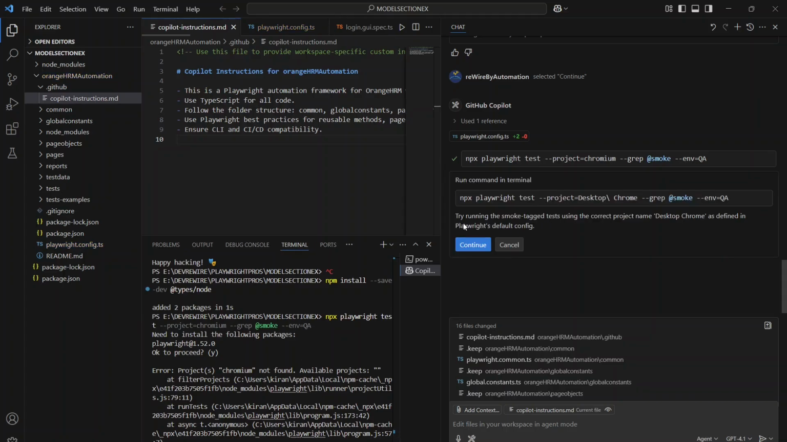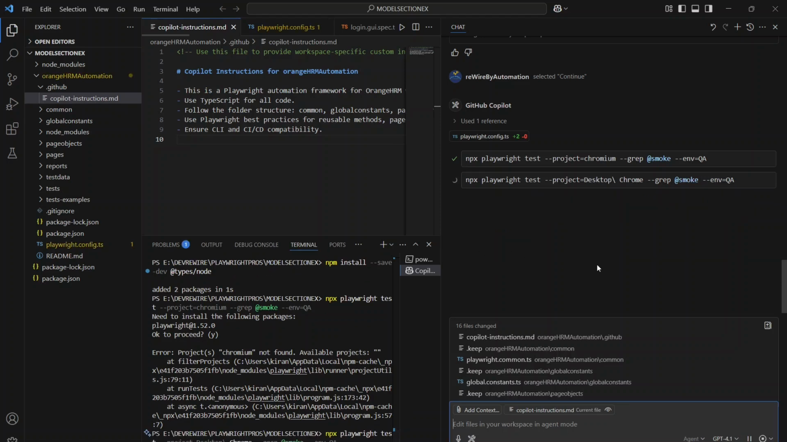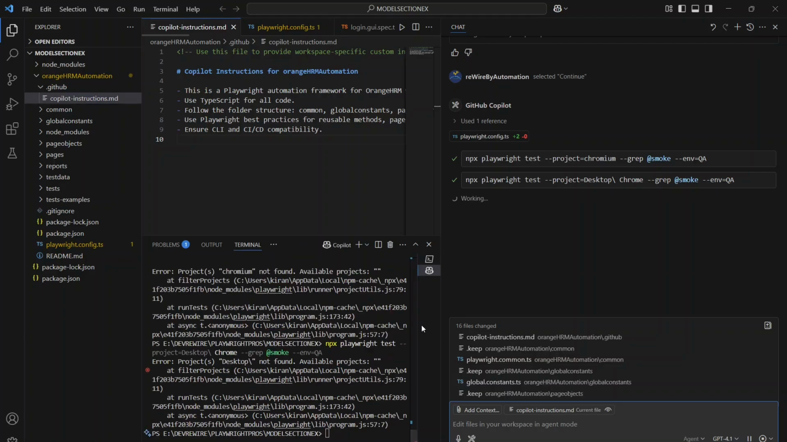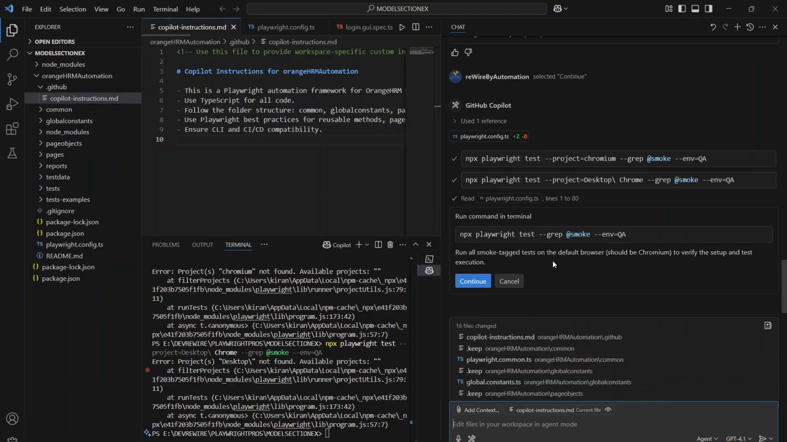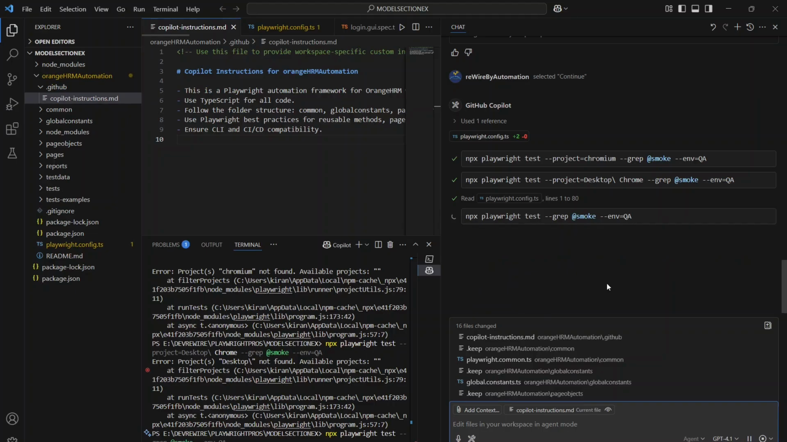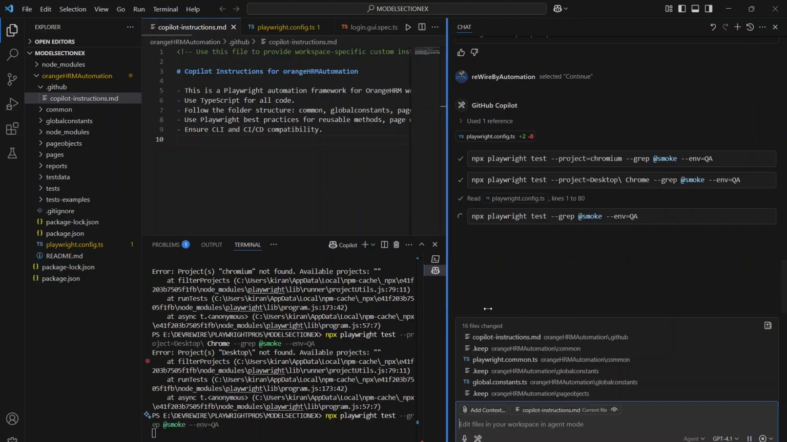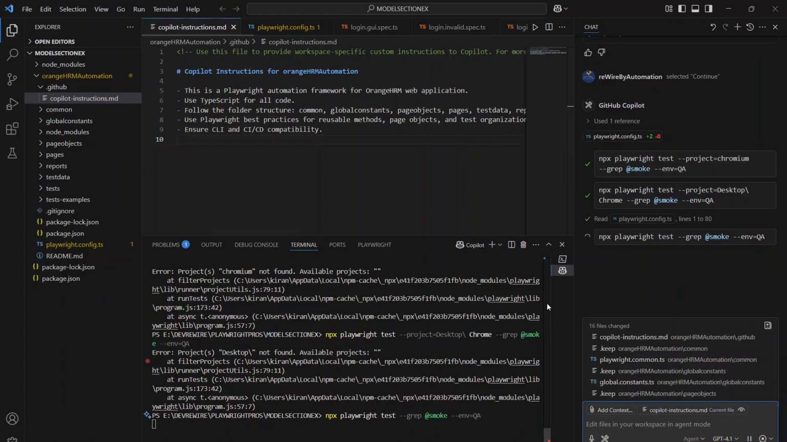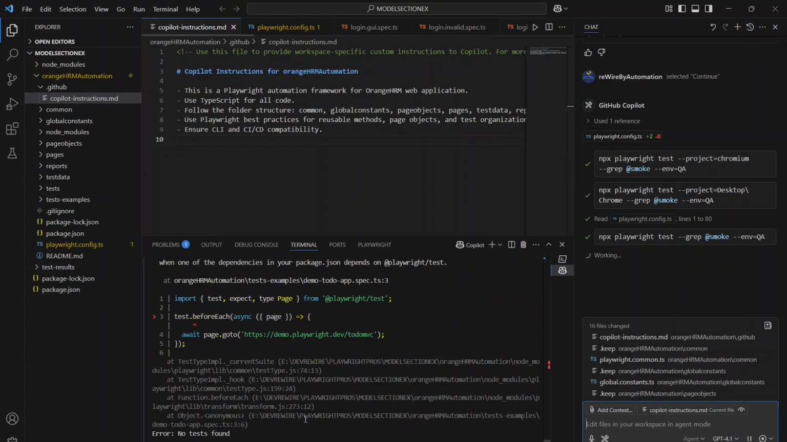Okay. Try running the smoke target test using the correct project name, desktop Chrome, as defined in the Playwright's default config. Okay, continue. And again, run all scripts, tag the default browser. Again, just running. No test found. It has not created. Let's see